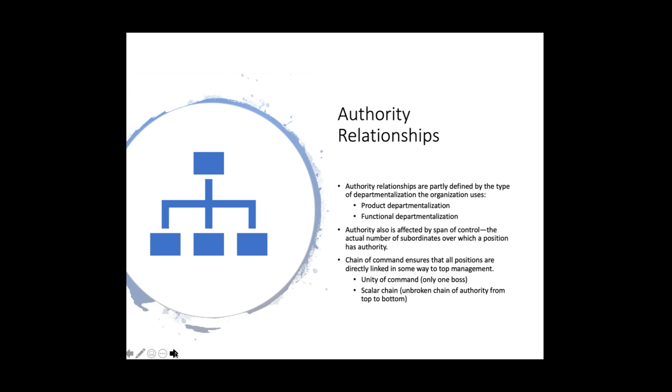But the other principle in developing your chain of command is the scalar chain. What does that mean? The scalar chain principle says that you should be able to put your finger anywhere on an org chart, and you can follow with your finger an unbroken chain of authority all the way from the top all the way down to the bottom. Why is that important? So that you know that there isn't someone who's completely disconnected from the organization, who either doesn't know who they report to, or there's no way for the top to really influence that particular person or that division in an organization.